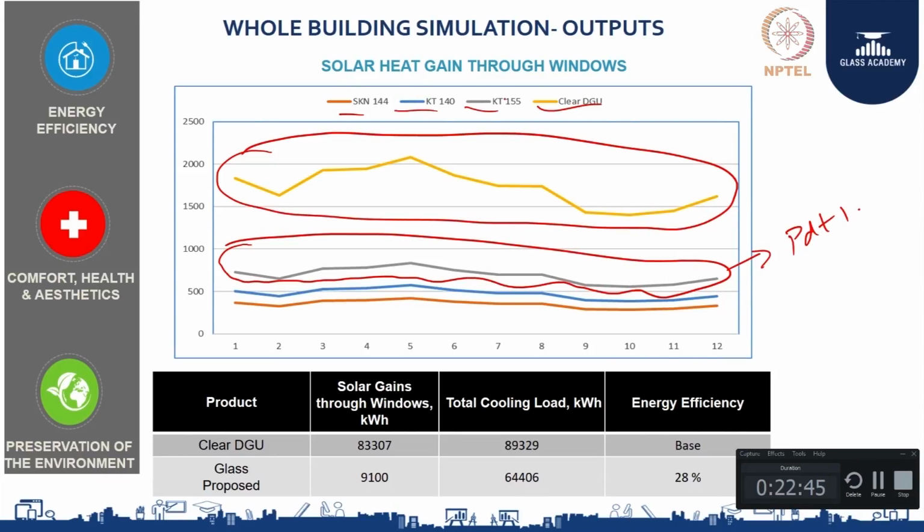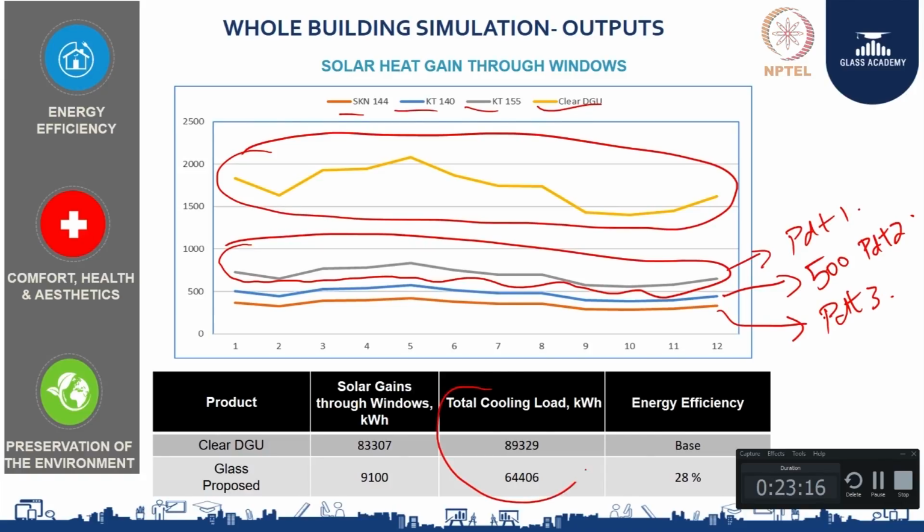When I use the second product, it goes down to as low as 500. When I use the third product, which is a third option for the windows, I can see that it is going as low as 450, somewhere close to 450. So this is one understanding that you can get as to how much solar gains you can cut by selecting a proper glass. And one more output that you can get is your energy consumption.